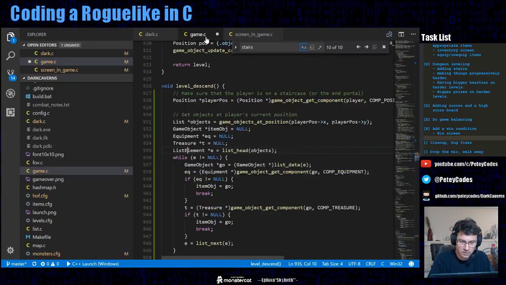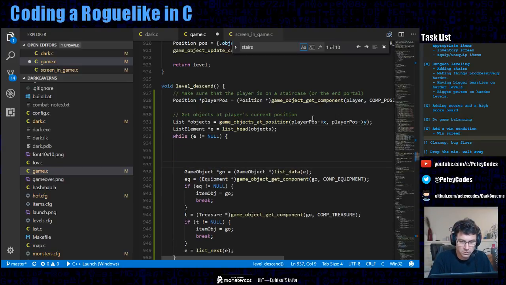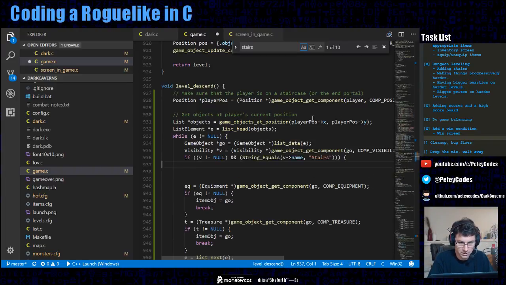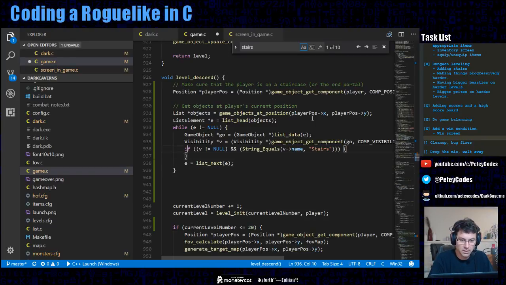Okay, make sure the player is on a staircase. So we're going to get the objects at a position, go through the list, grab the object, and then look at the visibility component. Do we need our list iterator? Okay, so we'll do